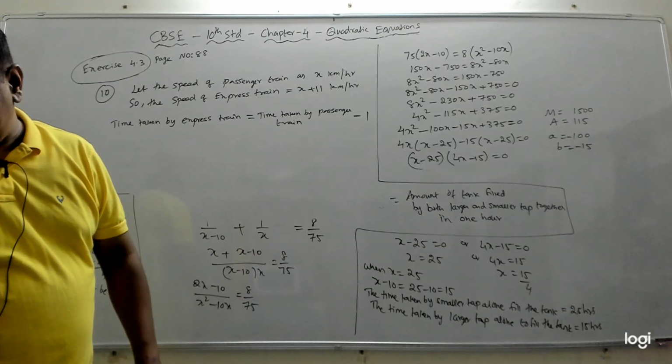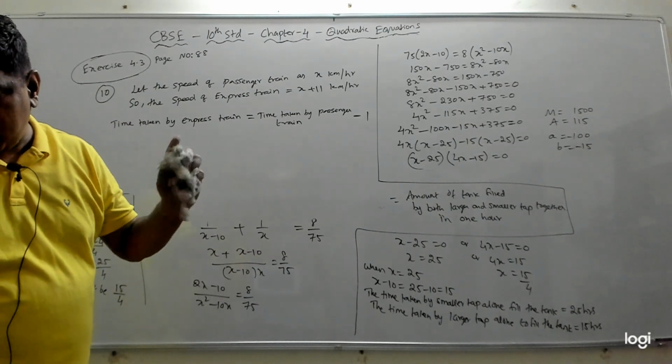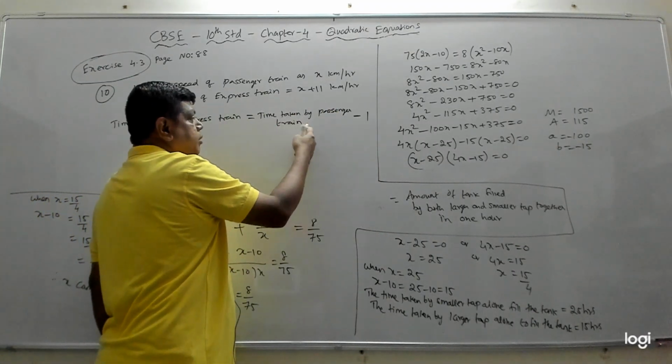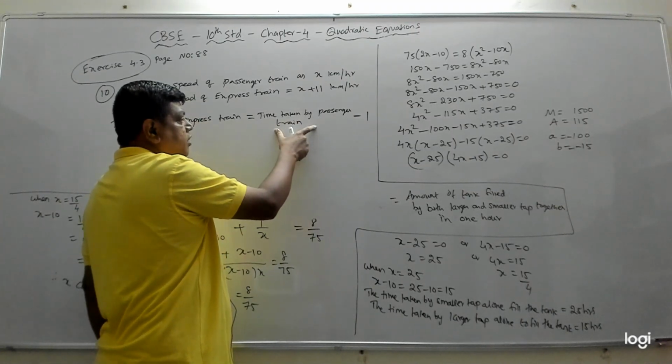So the express train takes 1 hour less than the passenger train, which means time taken by the passenger train minus